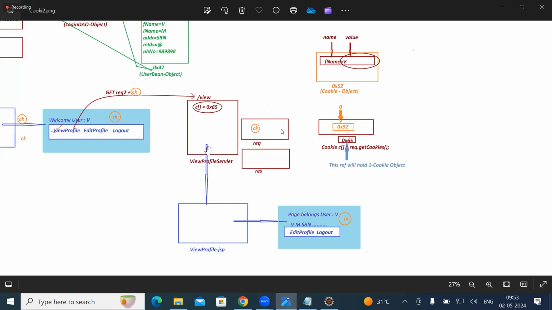Now C of 0, this reference is added here. Now this is your array form. req.getCookies, C is holding this address. Now if cookies are not available, C will be null. C value will be null. So I check: if C equal to null, session expired because cookies are not available. If not expired,